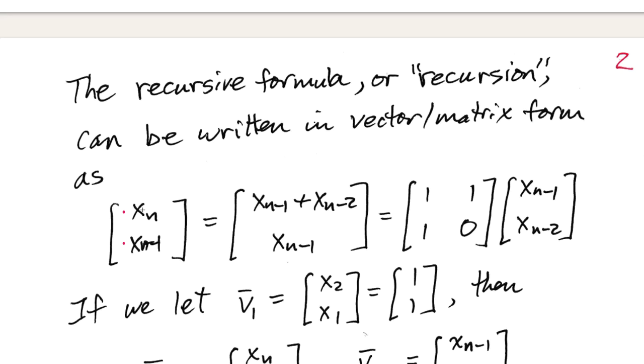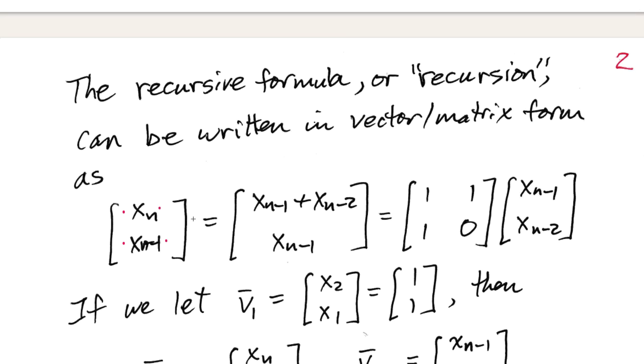If it were a three-term recurrence, I would have x sub n here, x sub n minus 1, and then x sub n minus 2. Okay? Alright, anyway, let's talk about this. I'm going to create a little vector here. This is the nth term of the sequence and the previous one. So you see I've written there x sub n, and after that the next entry, x subscript n minus